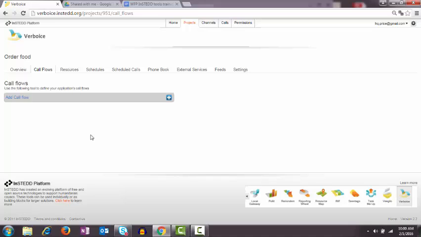So for every program, every contained initiative, you will have one project. And then there's the channels. You can think of the channels as the means by which you call or receive calls from somebody. It's the actual phone number that makes the phone calls to the users. Sometimes it's an online service that is connected, like a Skype account, for example. So you can connect a Skype account to Verboice, and you will make and receive phone calls through that